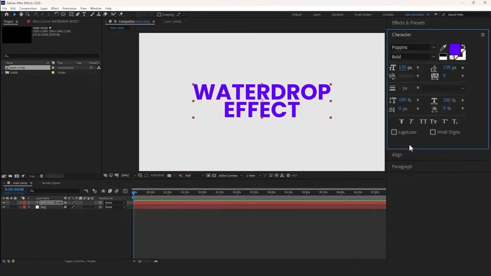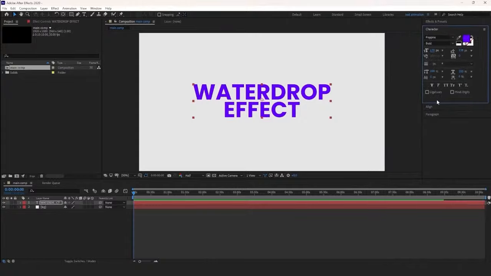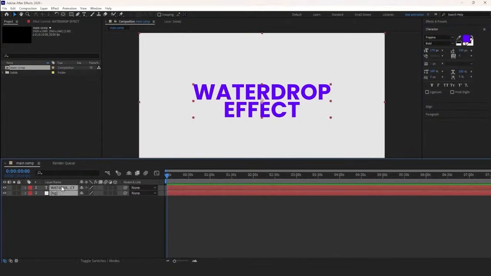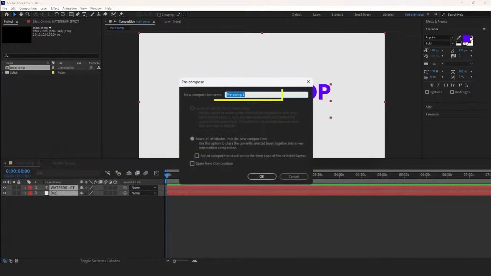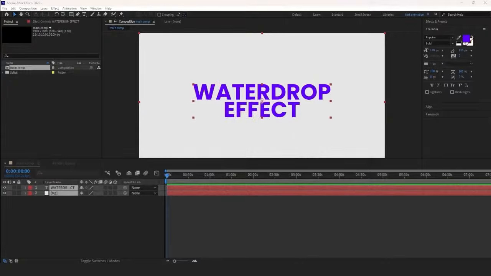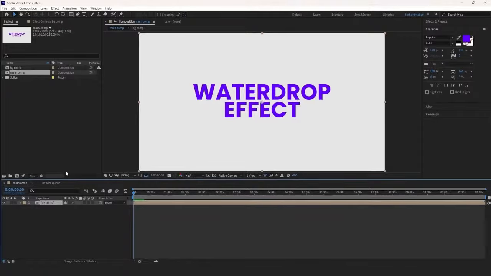Once you have your background and text in place, it's time to pre-compose the layers. Select both the BG layer and the text layer in the timeline. Right-click on the selected layers and choose Pre-Compose. In the dialog box that appears, rename the pre-composition to BG Comp and click OK. This action combines your background and text into a single pre-composition, making it easier to manage as you move forward